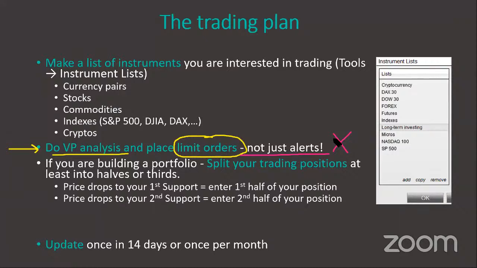And what people do when the price approaches your trading position real quickly is they start to have second thoughts. They're afraid. They start to question their analysis, whether it was very clever to place that long there or not. So what could happen is you just freeze and you don't enter your trade. And in my experience, that's a shame. It's better to just not think about it, place the limit orders there, and enter the trade automatically.